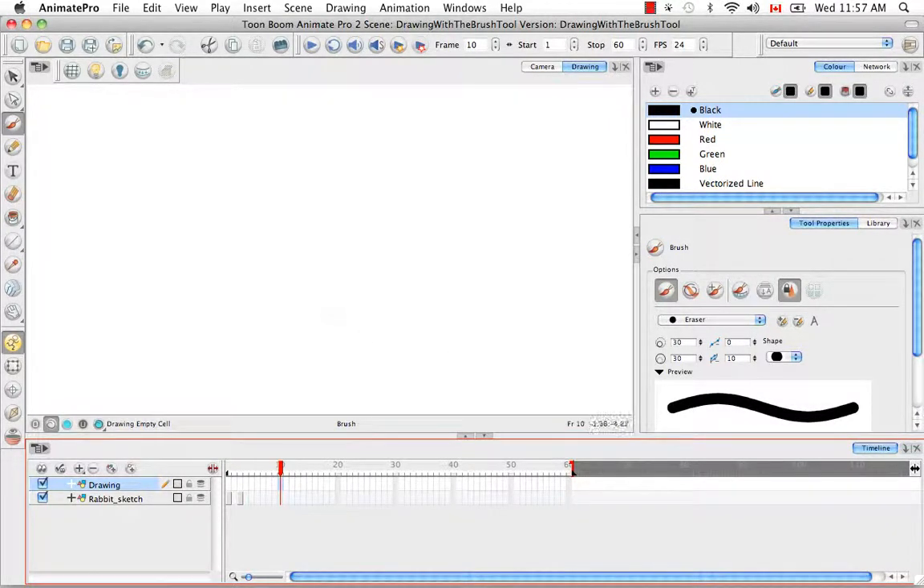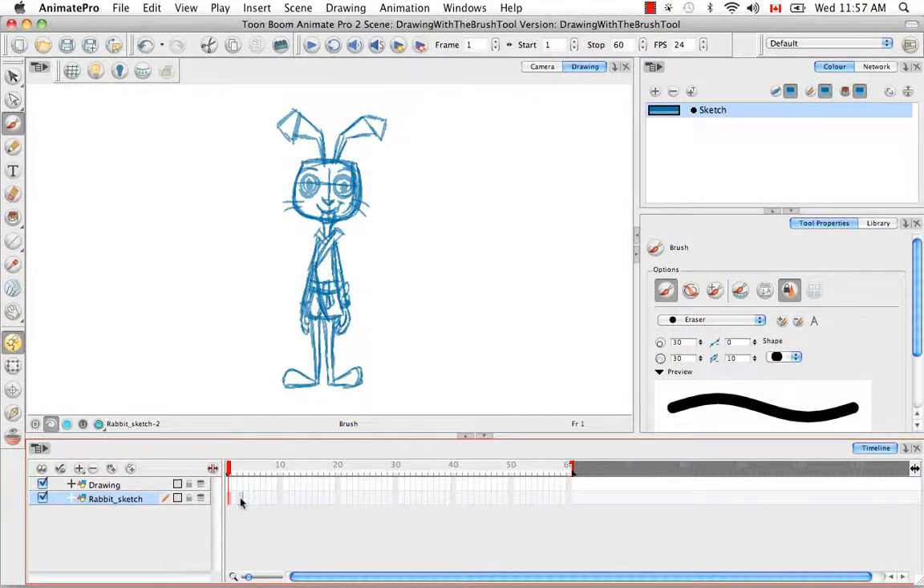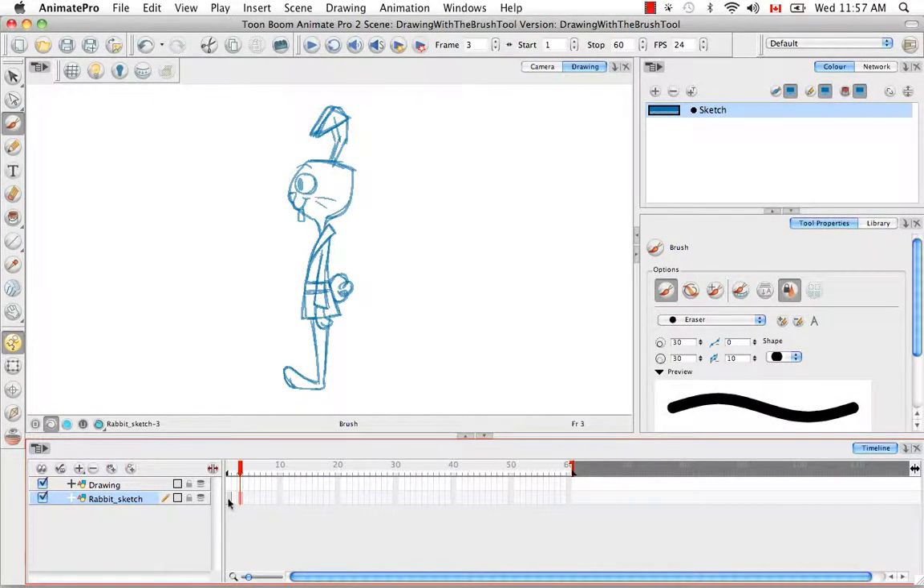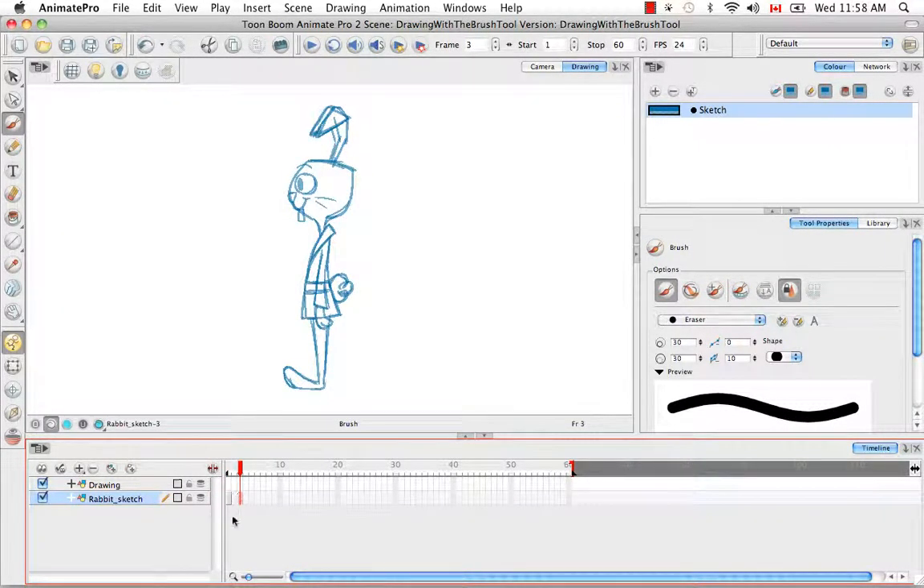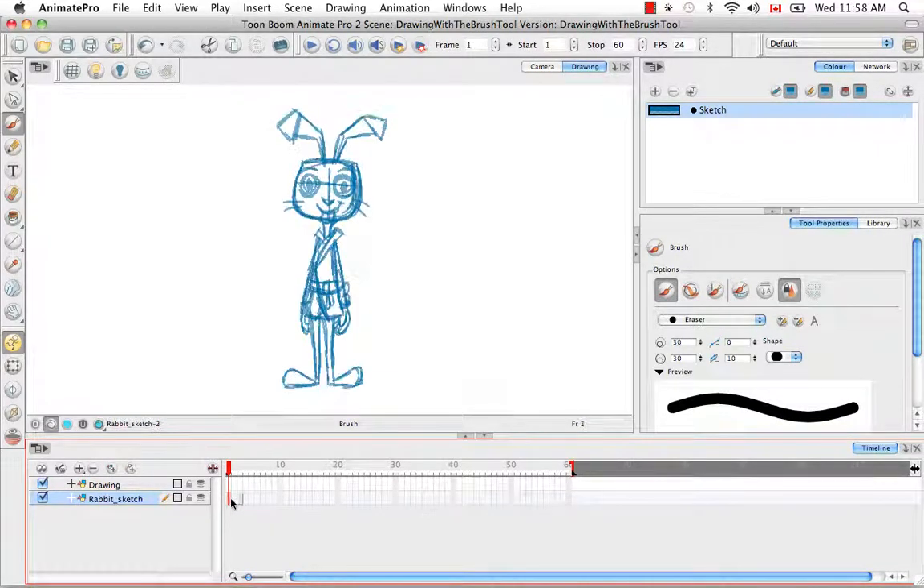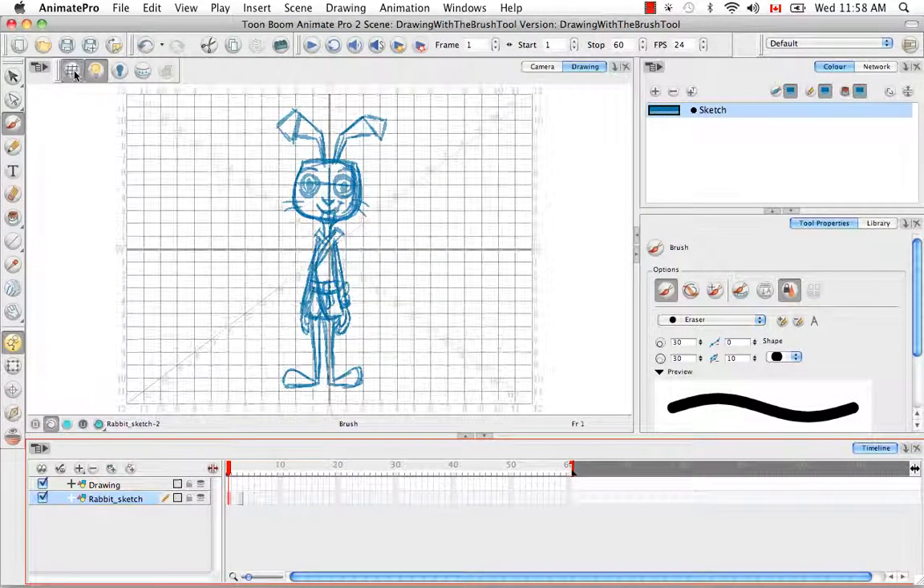So now let's get on to the fun part of the tutorial. On this rabbit sketch layer here, I've drawn the front and profile views of a cartoon rabbit, and what I'm going to attempt to do is draw its 3/4 view in between the two views, using the front and profile as guides. So the first thing I'm going to do is turn on the light table and the grid,